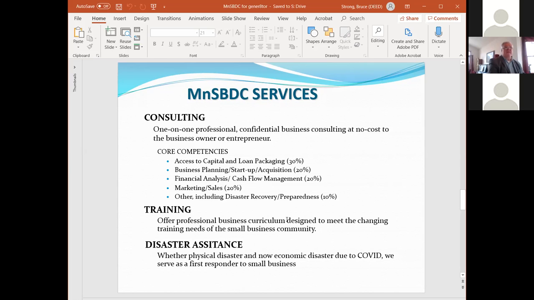We don't lend funding directly, but we know who does lend the money, and we help our clients prepare and apply for and secure the funding that is available through banks, both including the ones that are guaranteed by SBA loans and SBA backing, but other private conventional uninsured loans as well as other grant programs that are available out there.